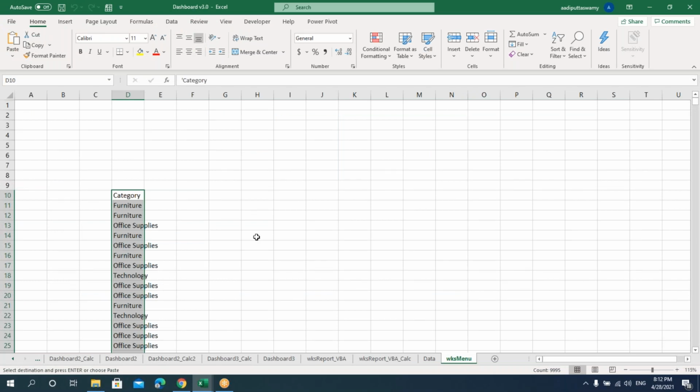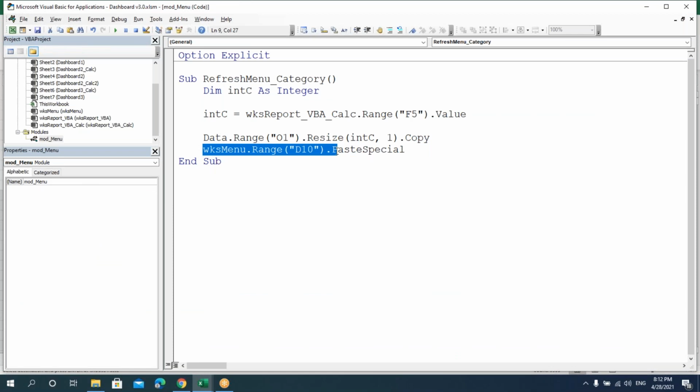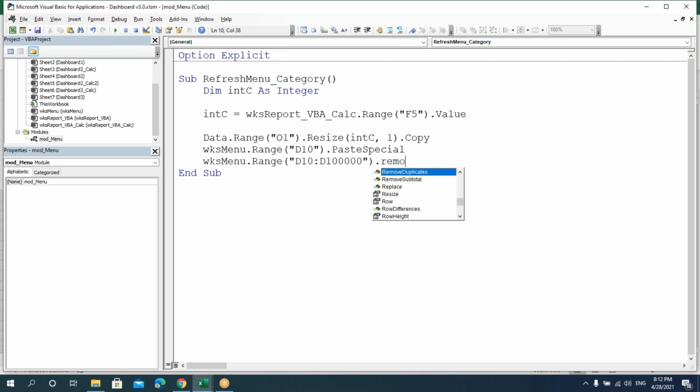Now I need to remove the duplicates. Let's copy the same range, and I'll give some range and say dot remove duplicates columns 1, and here I'll say we have the heading.